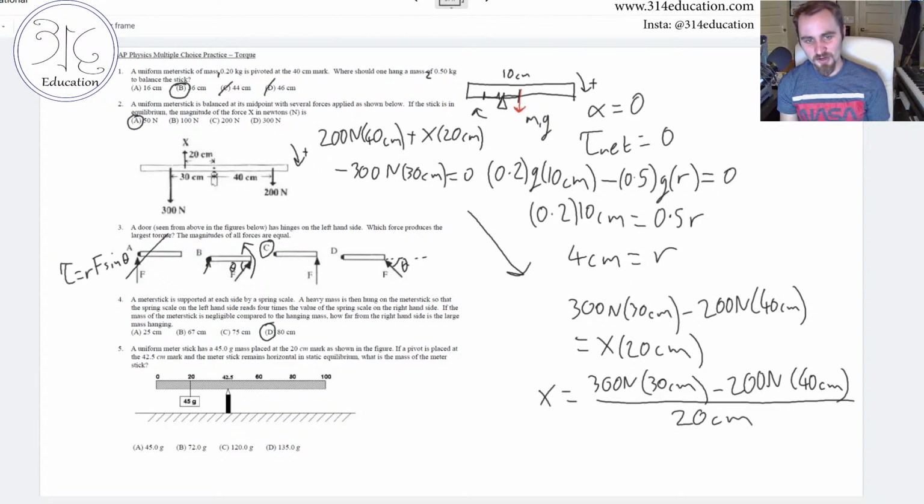All right, next we've got a uniform meter stick that has a 45-gram mass placed at the 20 centimeter mark as shown in the figure. If a pivot is placed at the 42.5 centimeter mark, and the meter stick remains horizontal in static equilibrium, what is the mass of the meter stick? So we expect the meter stick, if it's uniform, to be inducing a force at the 50 centimeter mark. So this is at a distance of 7.5 centimeters away from the fulcrum,